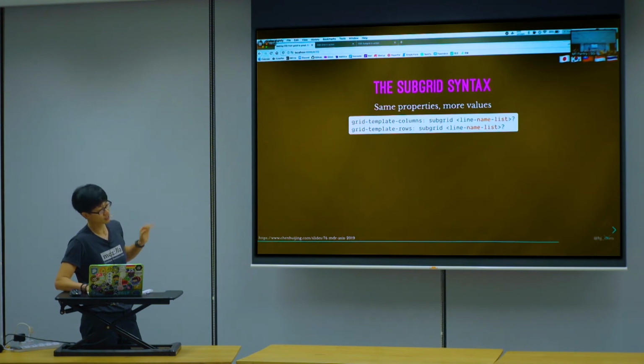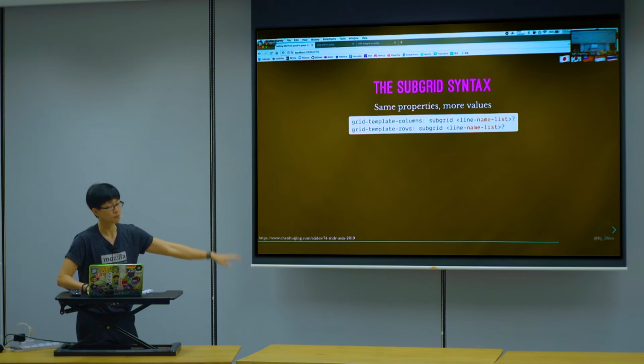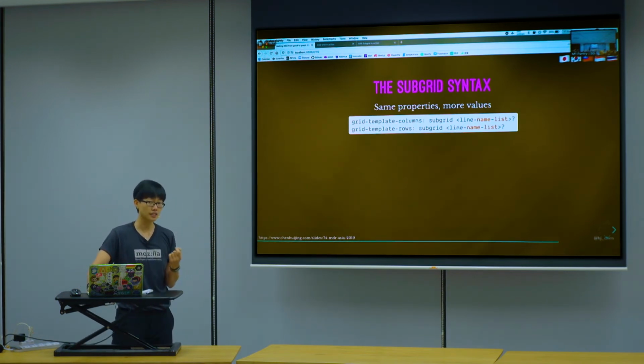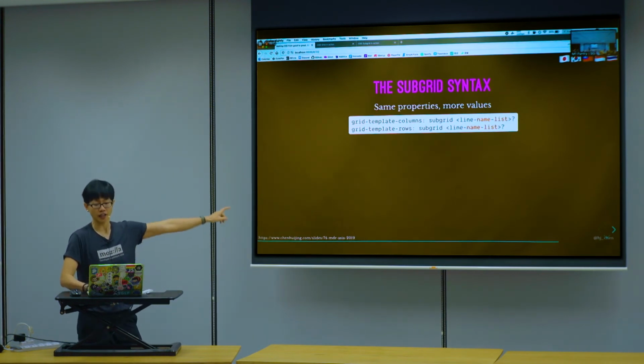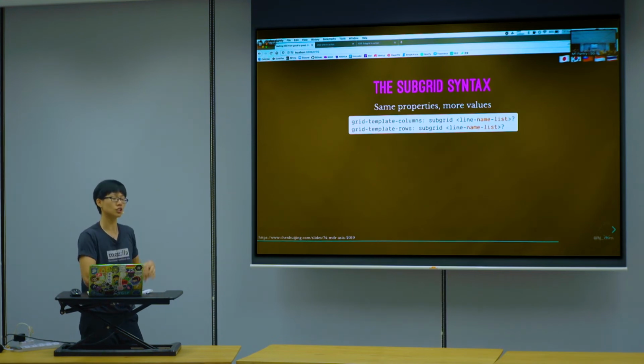Okay, before that, there's the syntax. This syntax looks a bit strange, but later there's an example, then it's easier to see. The most important thing to know is that the subgrid keyword is a sizing keyword. So you don't put display: subgrid, cannot, wrong. If you want to use subgrid, the browser will know that your nested grid should follow the size of the outermost grid.